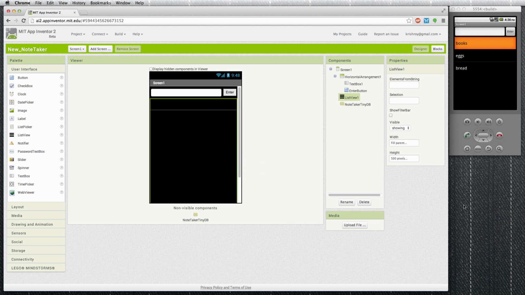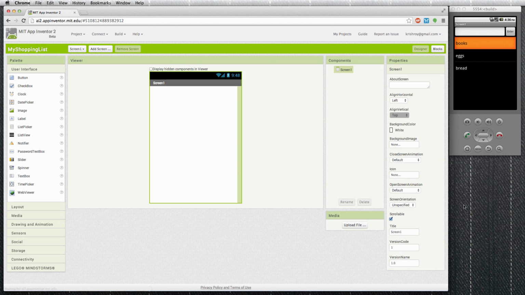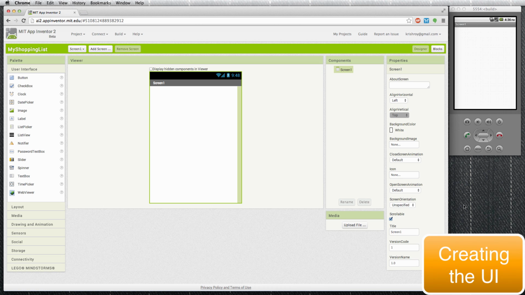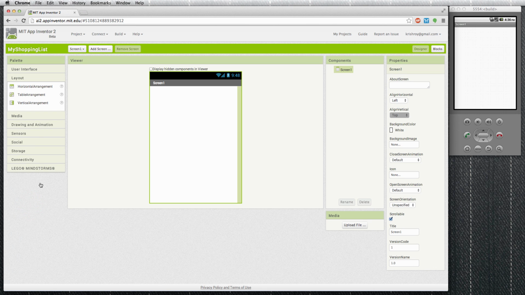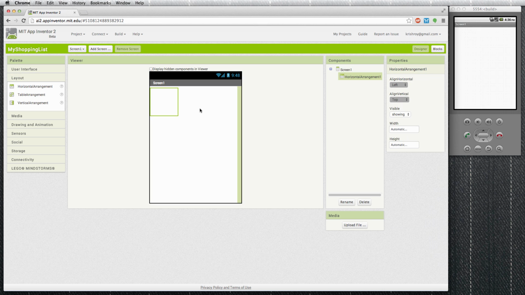So first we are going to create the UI for this app, and as we saw in the demo, we will have a text box and a button that we will use to insert new items. So I'm going to go to my layout here, drag a horizontal arrangement. A horizontal arrangement is an arrangement where you put in other components inside this, and all those components will be next to each other side by side. So I'm going to make this horizontal arrangement span the entire width of the screen,